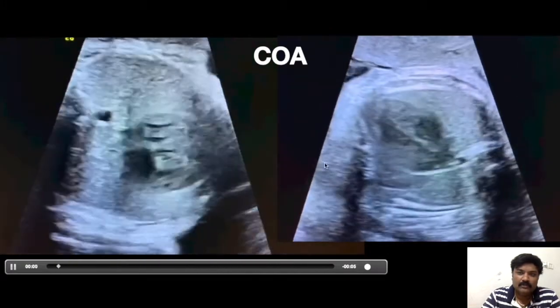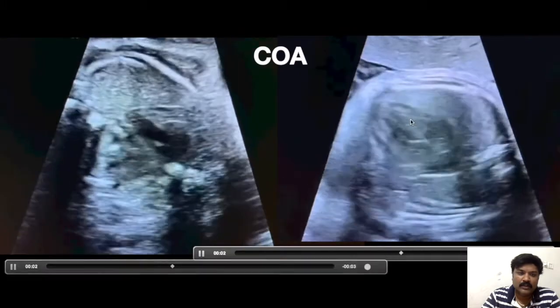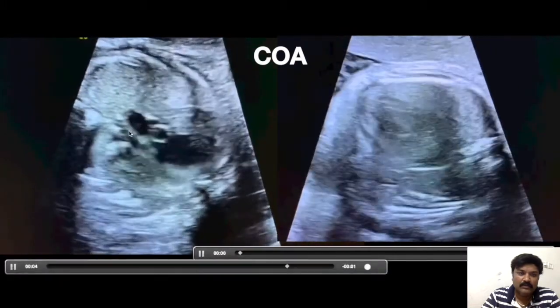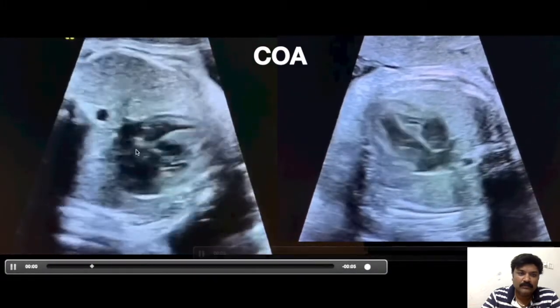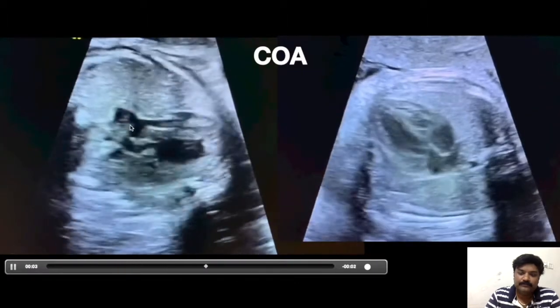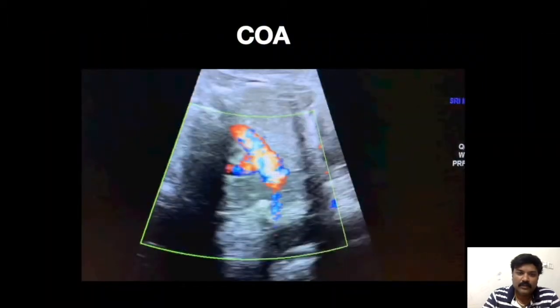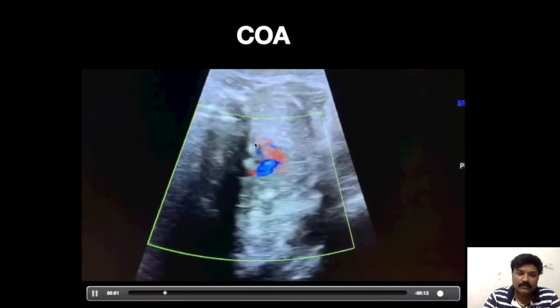So small left ventricle, but normally contractile. Aorta is very small. Findings of coarctation. In this color flow, you can see there is reversal of flow in the aortic arch.